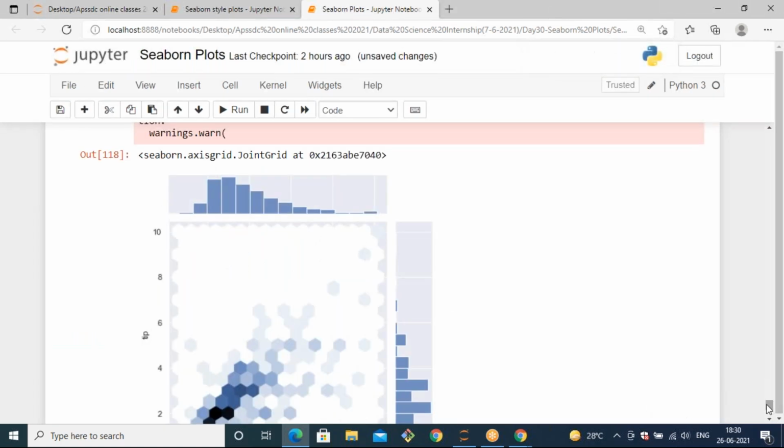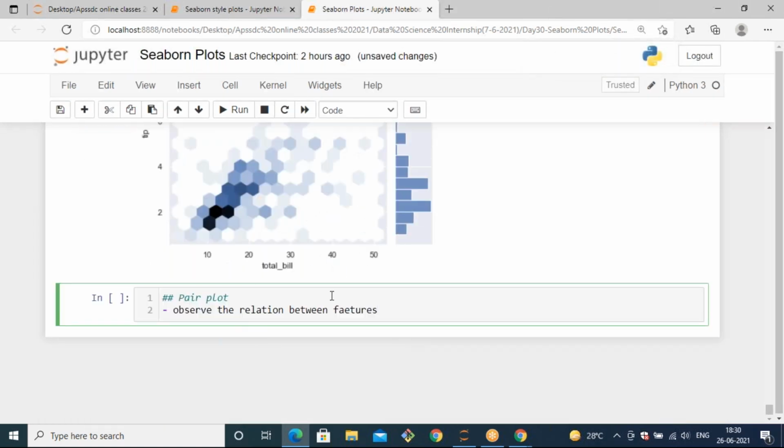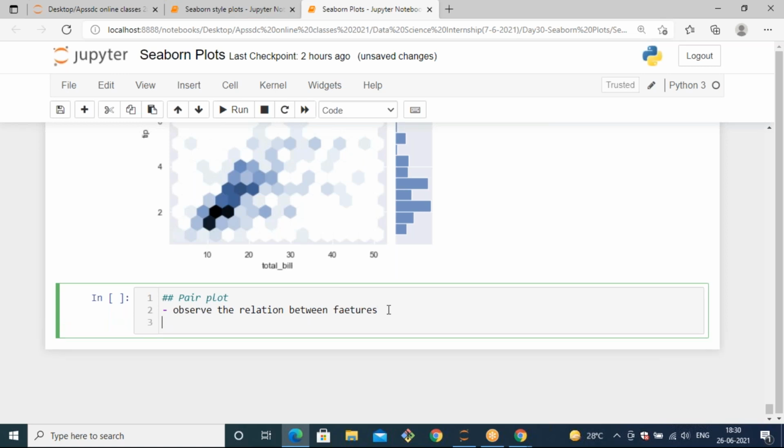When you want to find out the best features, you can use a histogram, you can use correlation calculation, or else you can use a pair plot to visualize. By using visualization also you can find out the best features. So for that we have a method, sns dot pairplot. It will give you the relation between one feature and another.